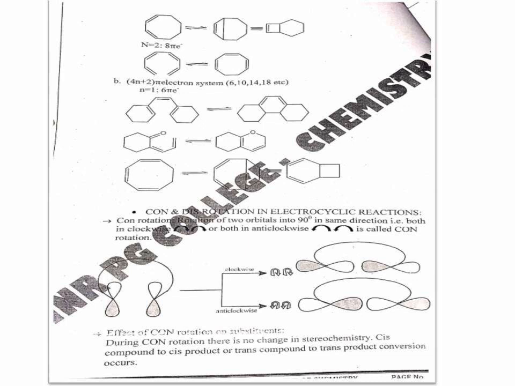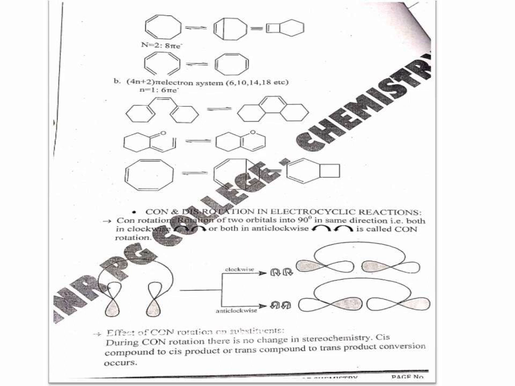So the two orbitals undergo the head-on overlap, but how we will break that head-on overlap, there are two options. One is called the conrotation and another one is called the disrotation. These are the specific terms related to electrocyclic reactions. It does not matter whether it is an electrocyclic ring formation or electrocyclic ring opening. Conrotation and disrotation are required to form the bond, or otherwise to break the bond.